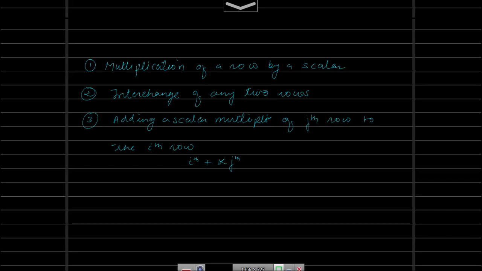Welcome learners and math lovers in the series of videos on Python programming, wherein we are writing the Python programs for the various matrix operations. In this video, we are looking at the elementary row operations, which we have divided into three parts. The first part we have already seen in the previous video. In this video, we will talk about the interchange of any two rows.